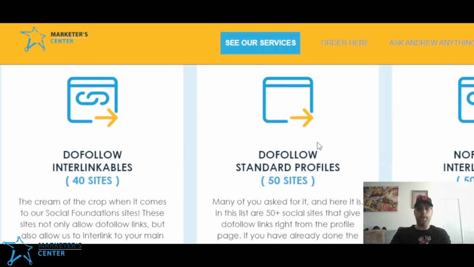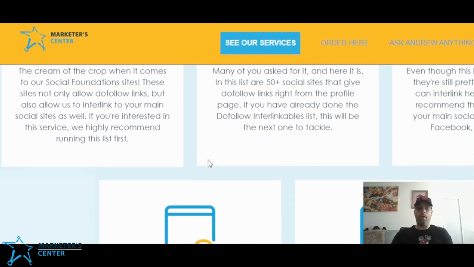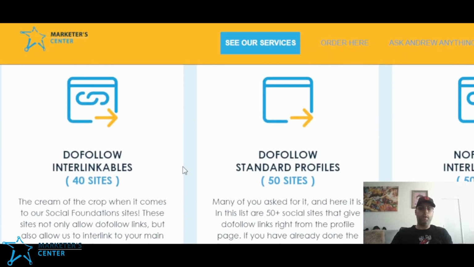In terms of the timeline, what I usually like to do is do one list a month. A lot of people do all of them all at once. There's not really a problem with that unless the site is less than a year old. If the site is less than a year old, I would be a little bit more conservative with the amount of links that you point to it,